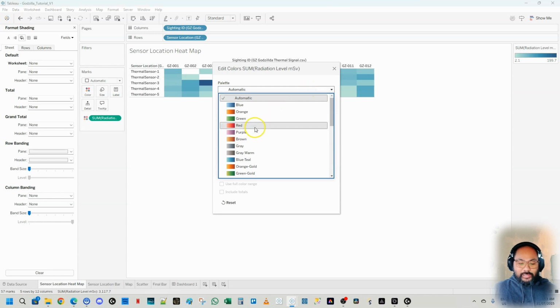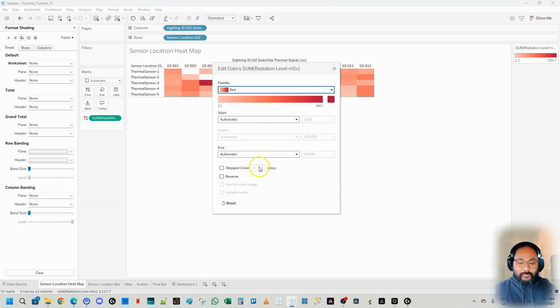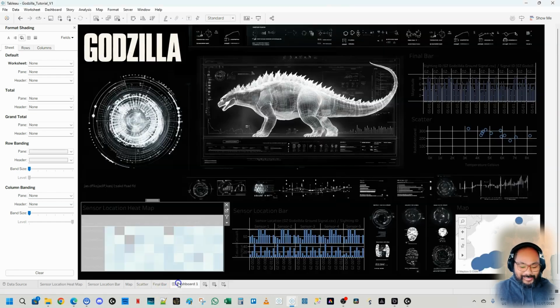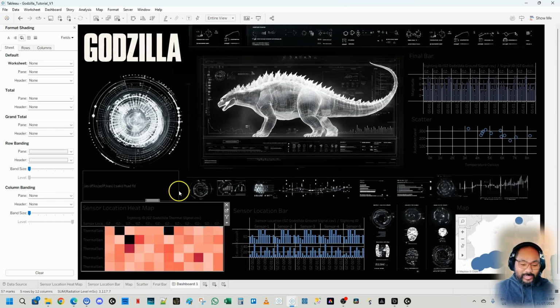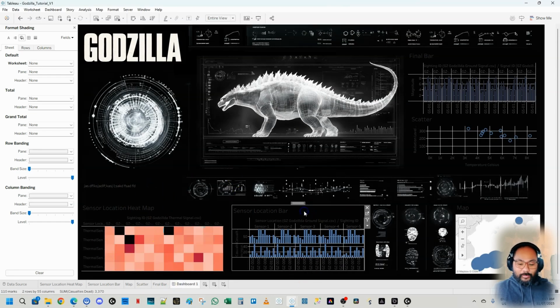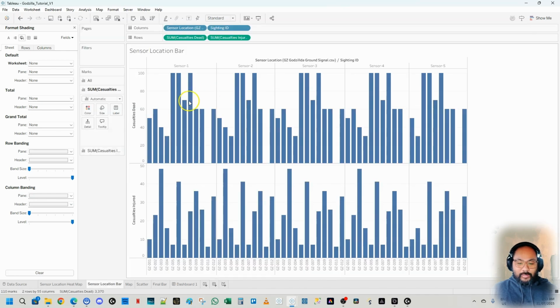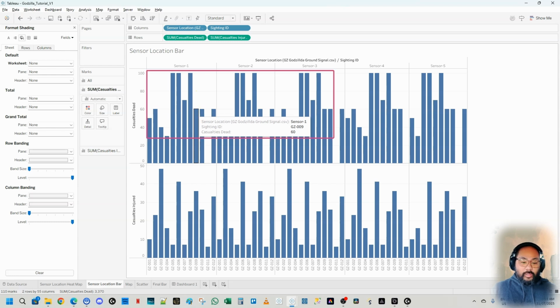Here in the palette, we're simply going to click red. That's it. Done. Next. There you have your red. Now we're going to do the same thing for the bar. So again, activate, click on that go to sheet. Let's add red. Now we have to do this in two steps because this one is going to have its